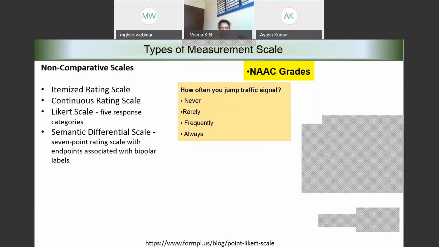Okay, one quick addition to whatever I was saying. Likert scale is an interval scale. Let us also keep that in mind. And in an interval scale, the difference between the successive 2 points on the scale is constant. So can that be Likert scale?